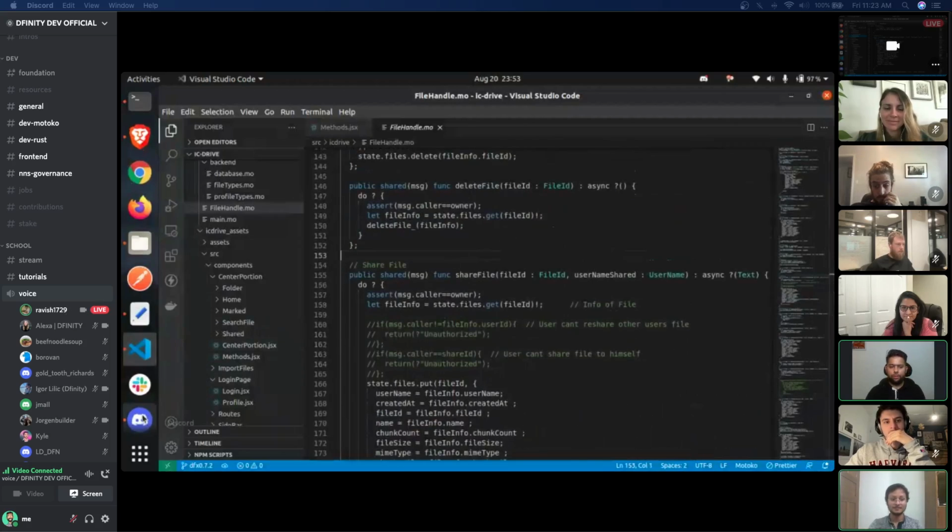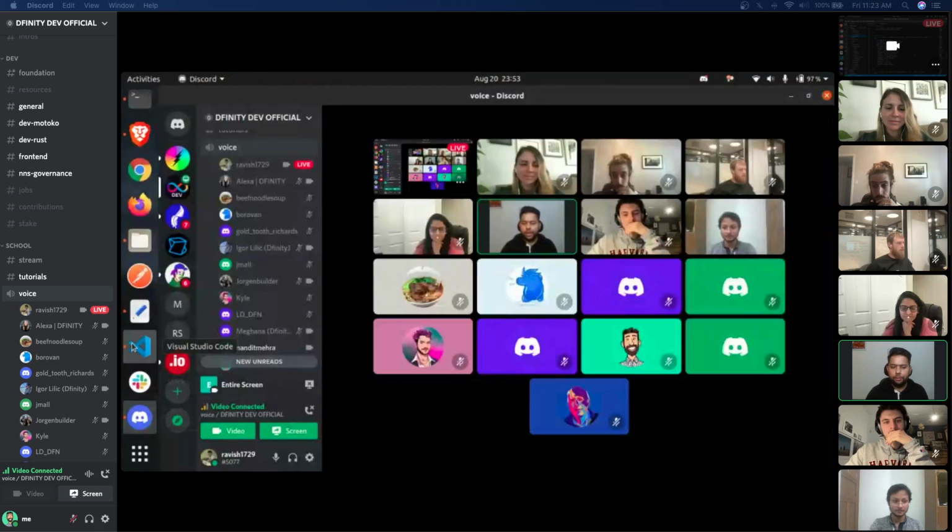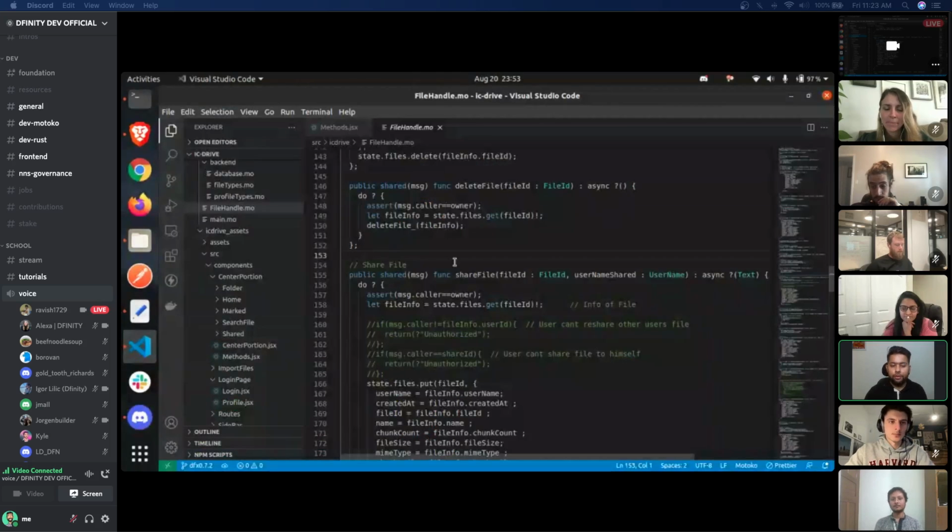One more note: previously during our beta program, people were complaining that viewing the file is quite slow. That was probably because we were storing our chunk data in a Nat8 data structure. Gabriel, who is not in the call right now, pointed out on Discord that we should maybe use Blob rather than Nat8. So we went with Blob, and that really helped improve the query speed of the chunks to show the images in a much quicker manner. That is one more note to end on the code side.